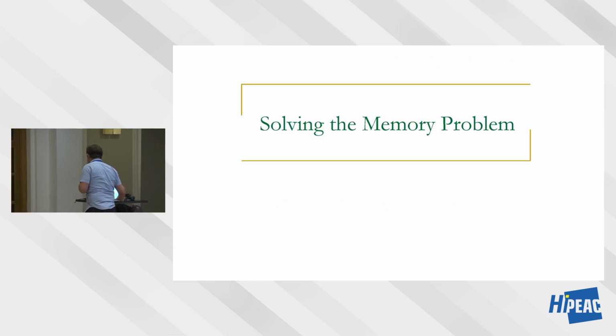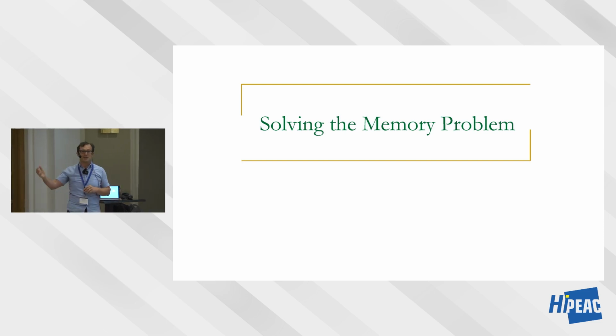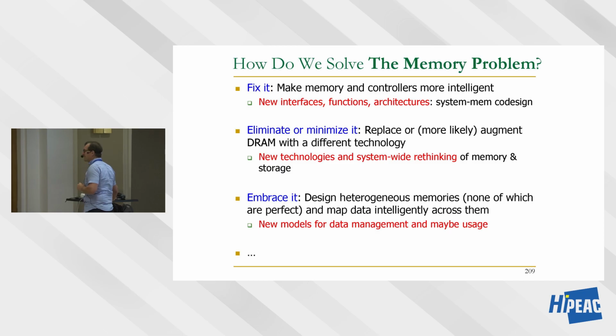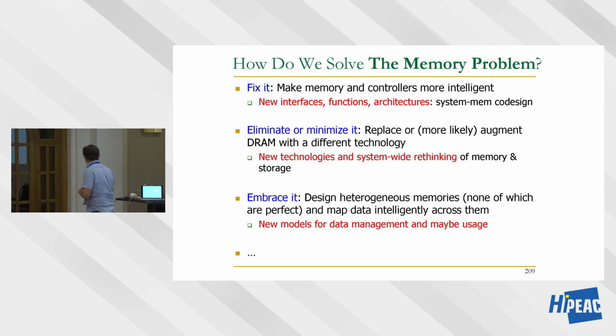Okay, now that we've introduced challenges, opportunities, and trends in memory, let's talk about how we can solve the memory problem. So I'm going to give you some broad directions, and then we're going to jump into some examples, and certainly we're going to jump into memory-centric computing a lot. So how do we solve the problem? I think there are 3 major directions that are interesting. There may be more, so please feel free to talk to me if you have ideas.